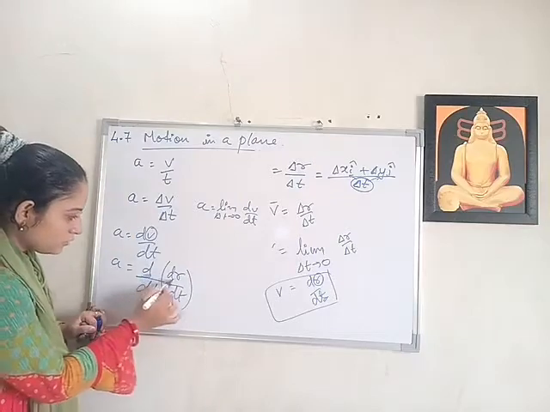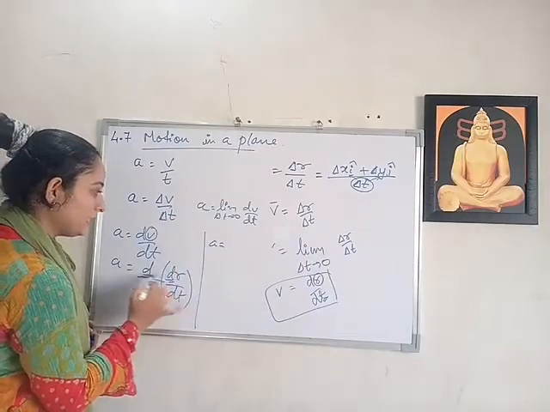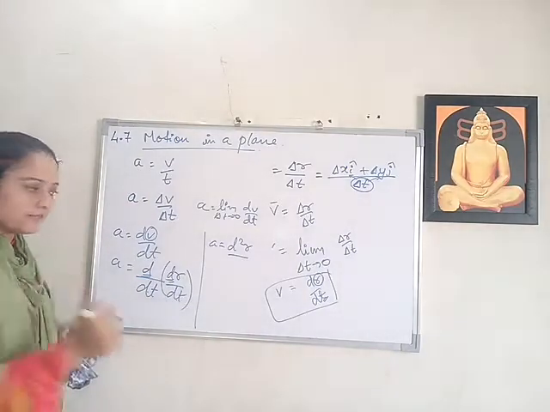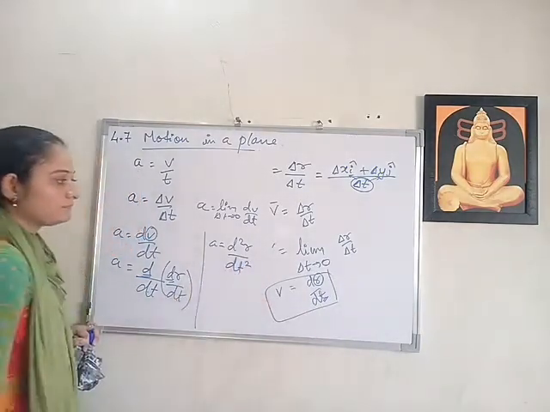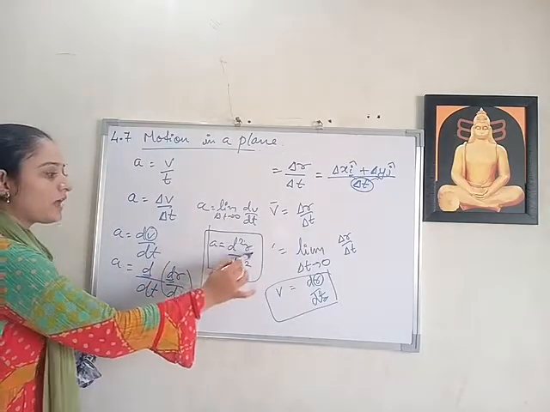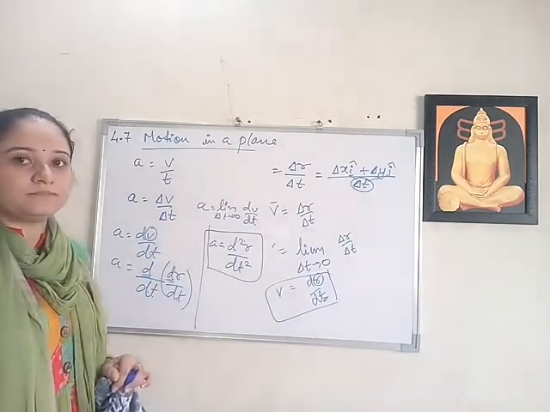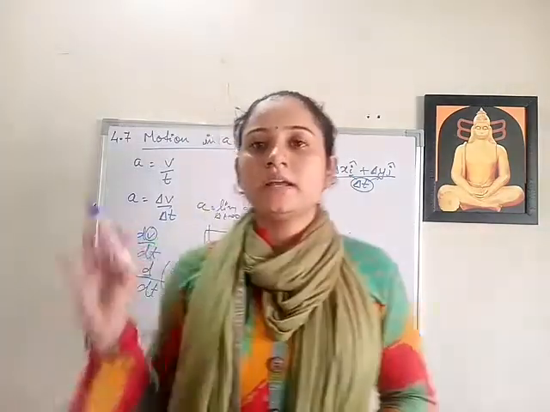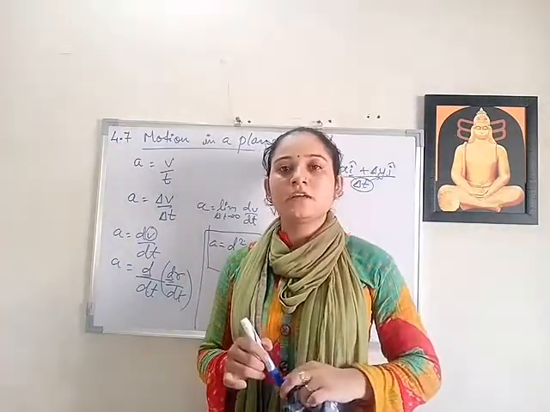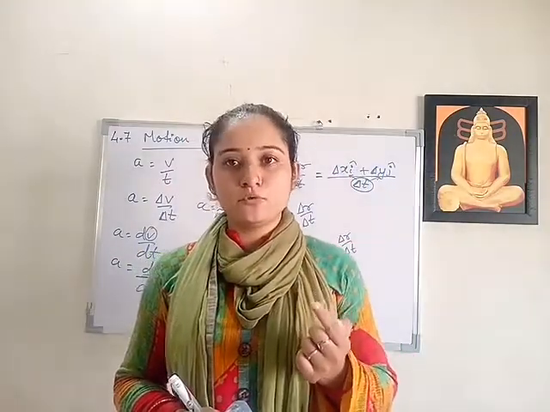So here what you see? 2 times d. So a will be equal to d square r by dt square, since dt is twice. So a can also be written as d square r by dt square or dv by dt. Clear? So here in the textbook there are different diagrams or graphs given from figure 4.12, 4.13, 4.14 and